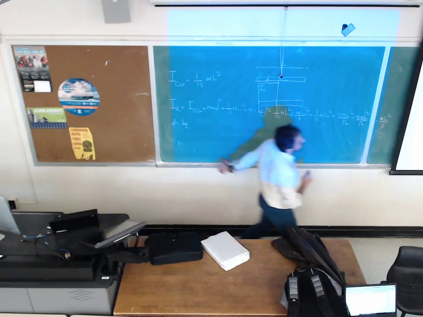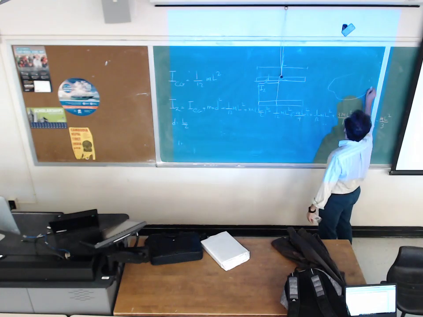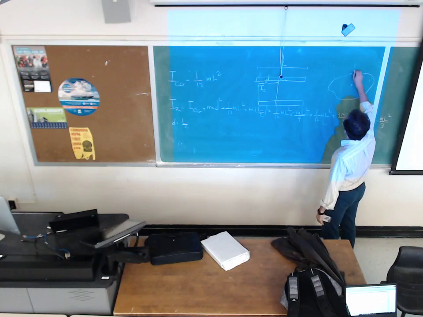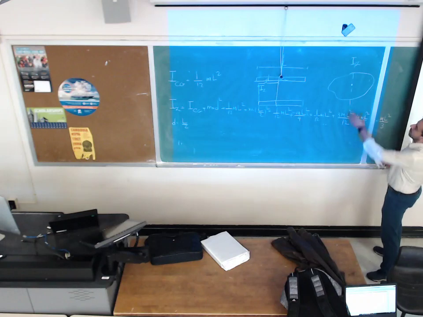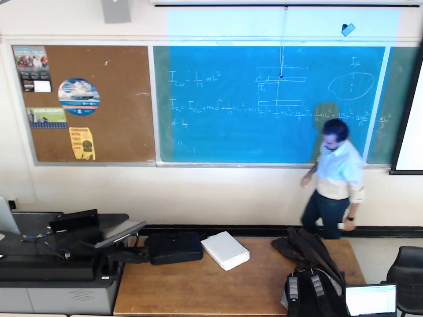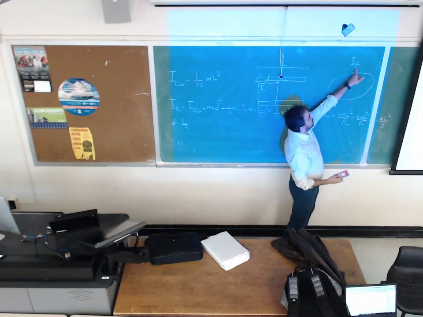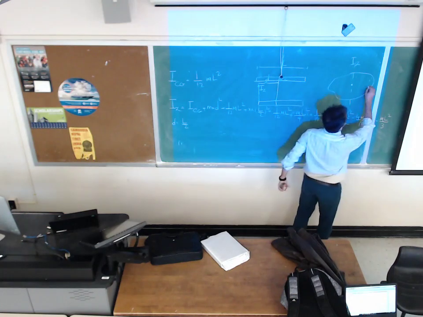One more thing about mass moment of inertia. If you remember, I said that if you have a mass point, the mass moment of inertia is going to be mr squared. So if I have a rigid body, and if I know the I with respect to this axis is Iz, if I know the second moment of inertia is Iz,